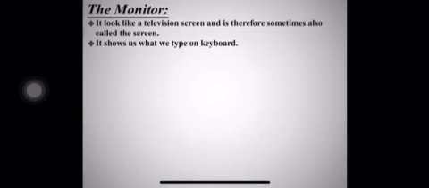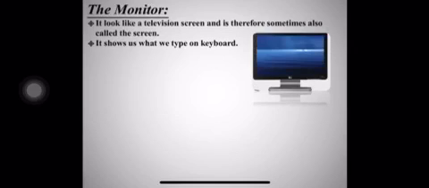Let us briefly learn the terms of the computer. The monitor. It looks like a television screen and is therefore sometimes also called the screen. It shows us what we type on the keyboard. The screen of a computer is generally known as the monitor.